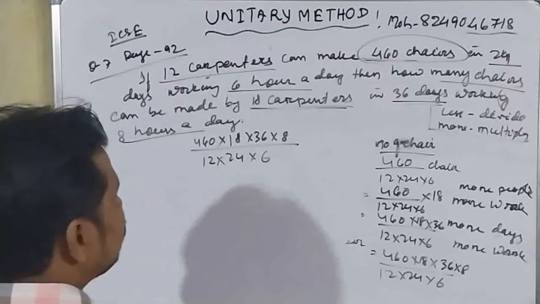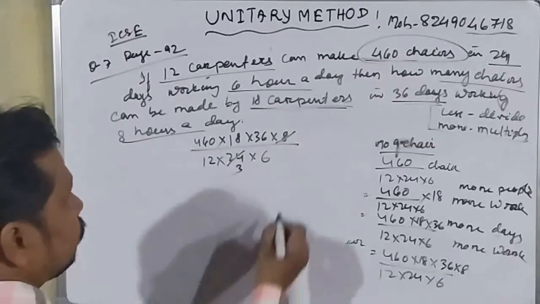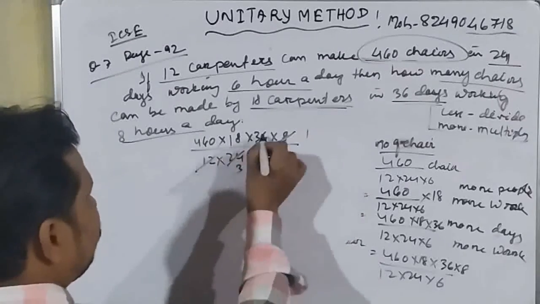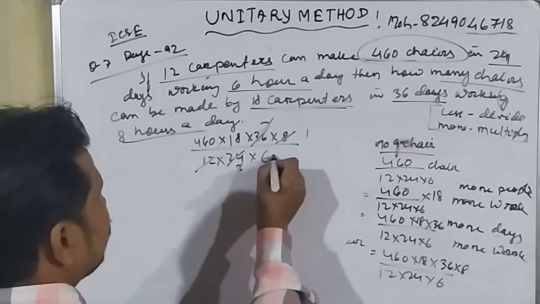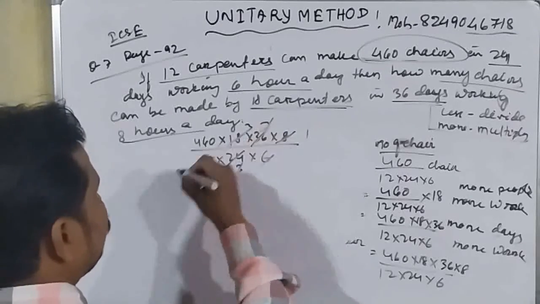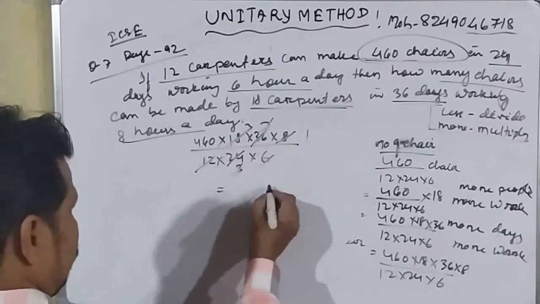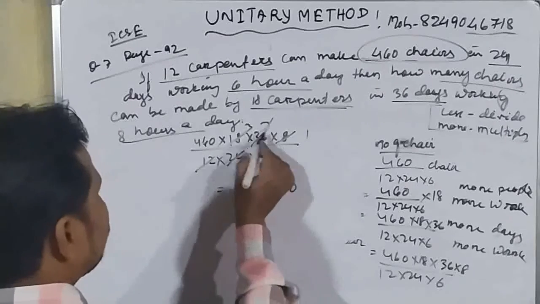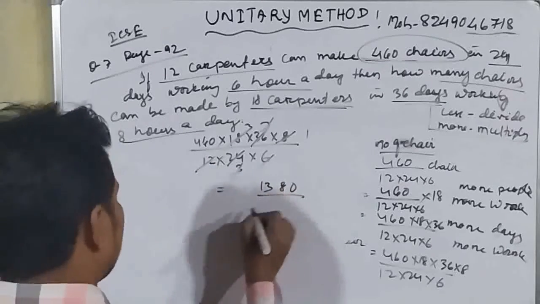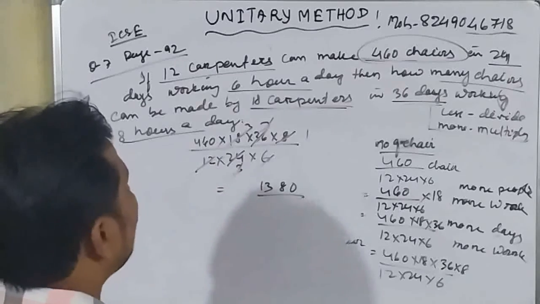So what will be the result? First of all, 8 3s are 24, again 12 3s are 36, and 3 cancels. Okay student, now 6 3s are 18. The result is how much? 300, 3 6s are 18, 8 carry 1, 3 4s are 12, 1 is 13. So 1380. Okay student, so 1380 will be the answer.